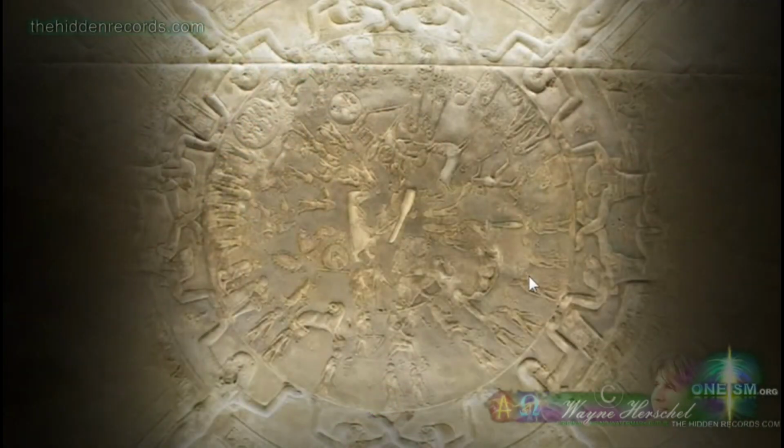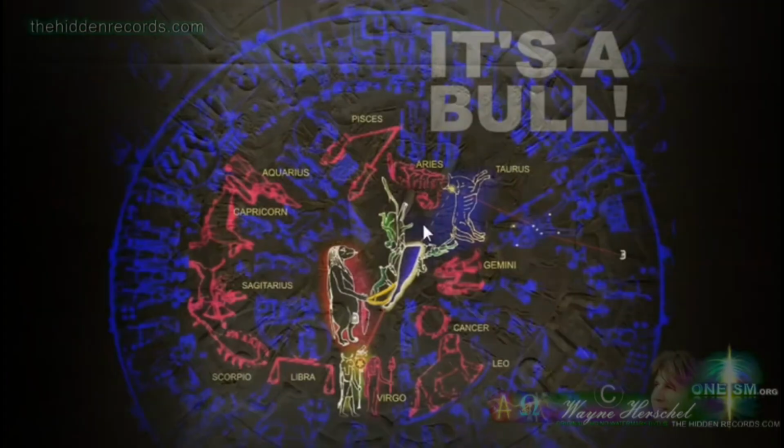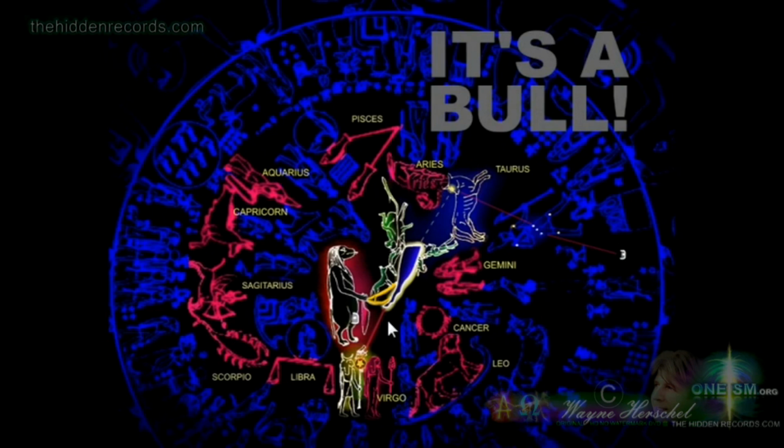The leg of the bull shape you'll see in the Dendara zodiac disc very clearly as the center point. This is the most important part, and this strange connection to Taurus. There's this hippo deity that is symbolic of childbirth coming from this leg of the bull, and it has this weird branch connecting to it. And amongst the whole area around it, there's the bull of Taurus. If any